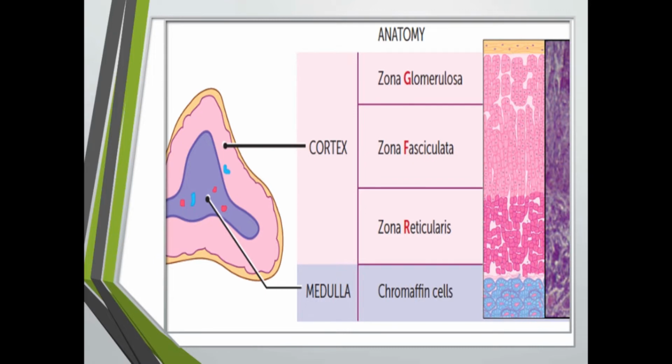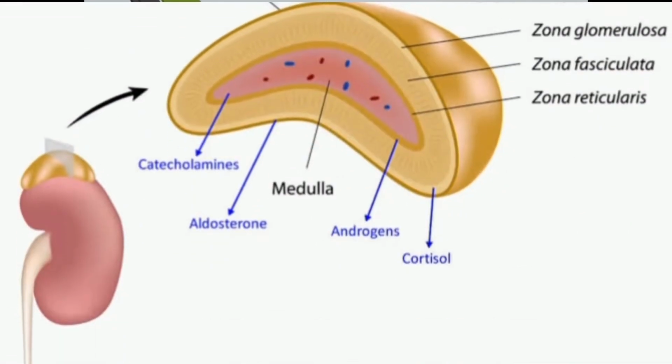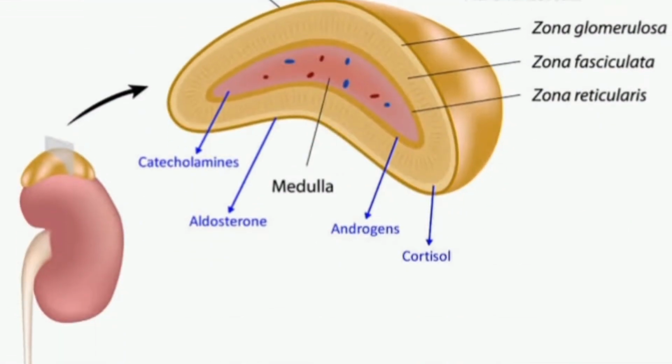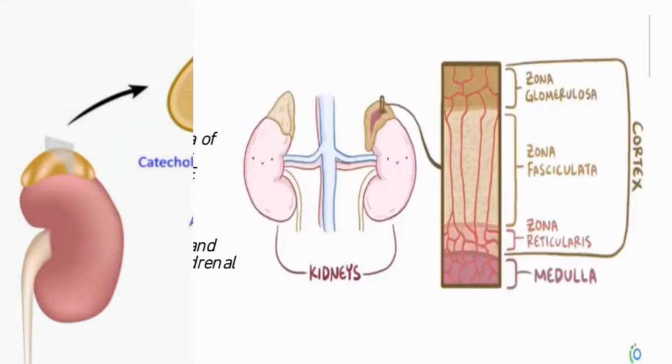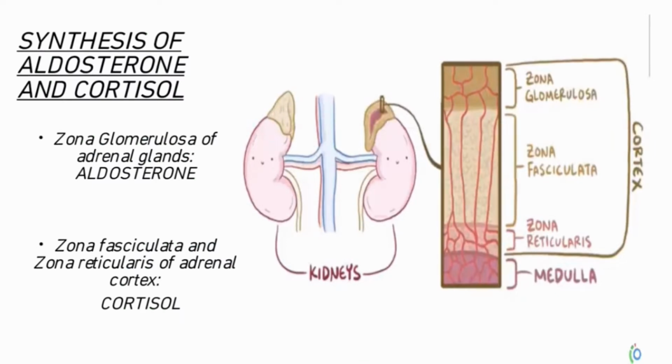The zona glomerulosa being the outermost layer, the zona reticularis being the innermost layer, and the zona fasciculata, which lies in between these two. Every layer or zone is responsible for producing a specific hormone, but we are mainly concerned with aldosterone and cortisol. Talking about their site of synthesis, aldosterone is produced from the zona glomerulosa and cortisol is produced from the